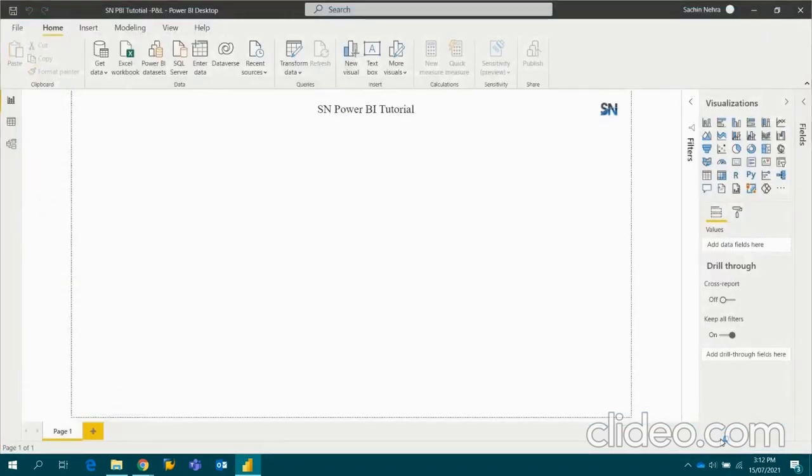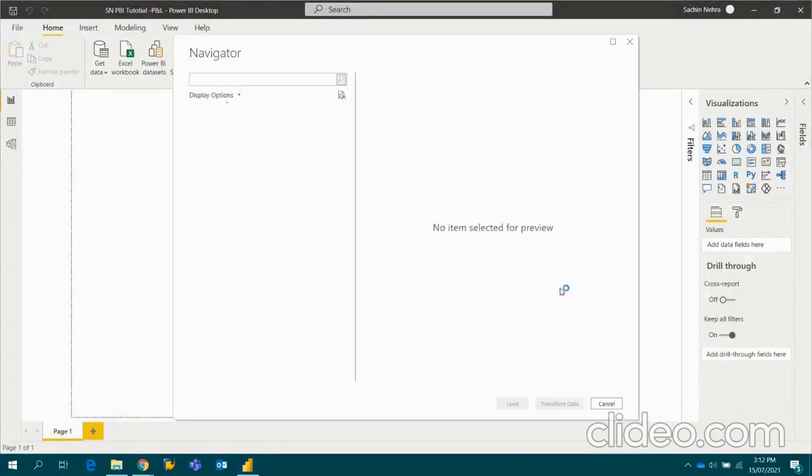I'll click on it. So here in this preview, in this navigator, it will show from where you want to pick the data. So PL data is the name of the sheet and the PL_data without any underscore is the table.